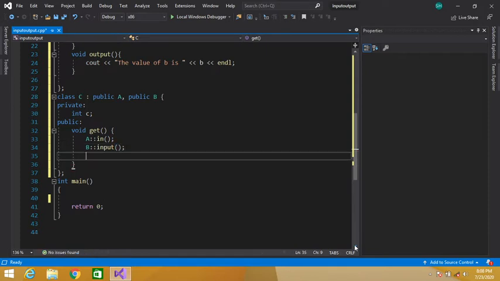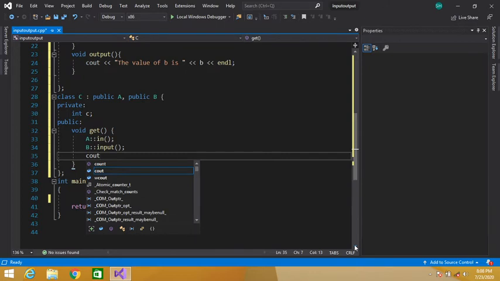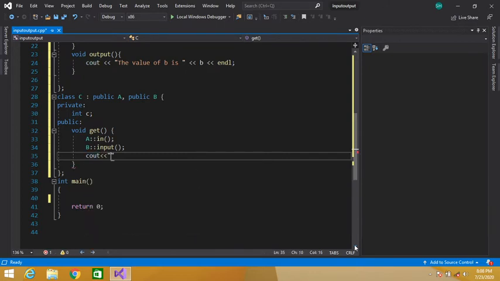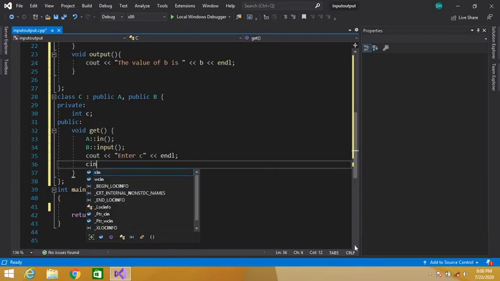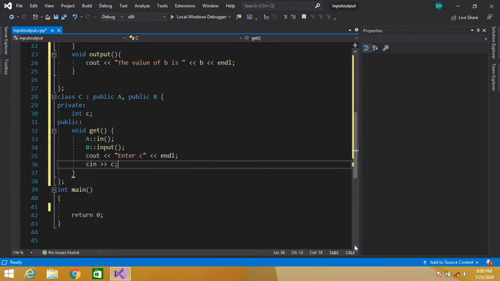Okay, let's now prompt the user to enter the value of C. Enter C, cin and then our C data member.